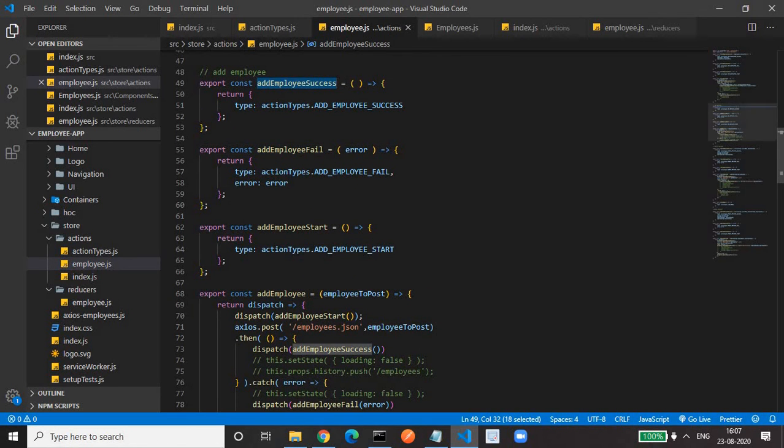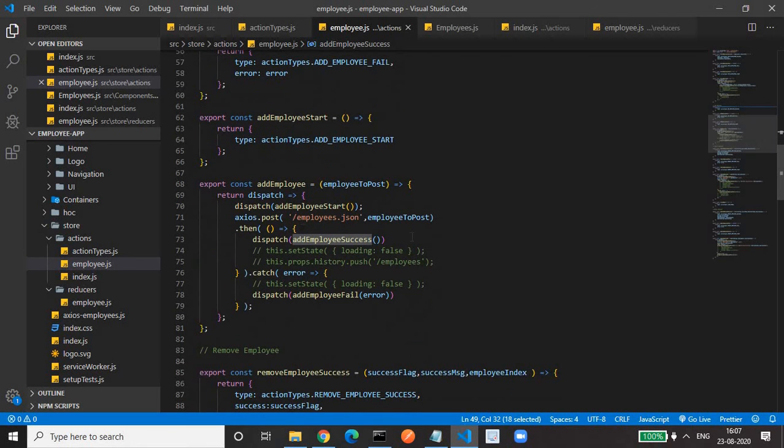In add employee, we are receiving the employee to post that we need to update. So we are updating that employee by using this AJAX call, and we need the spinner, and when it's success we need another action, and when it's fail we need another action.